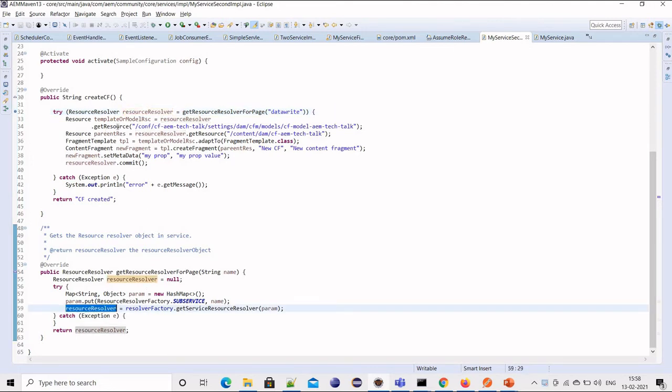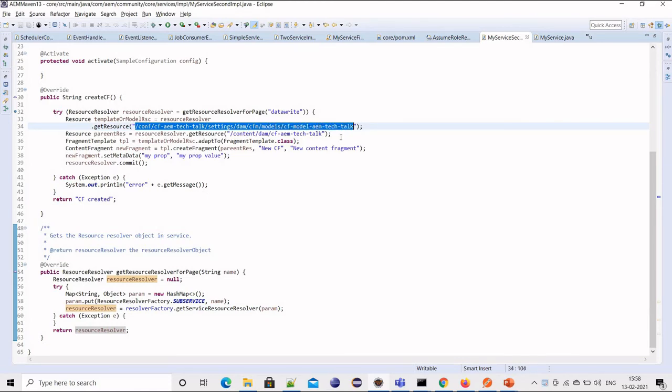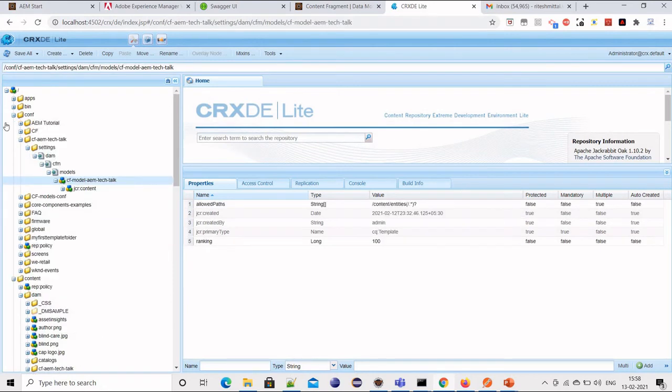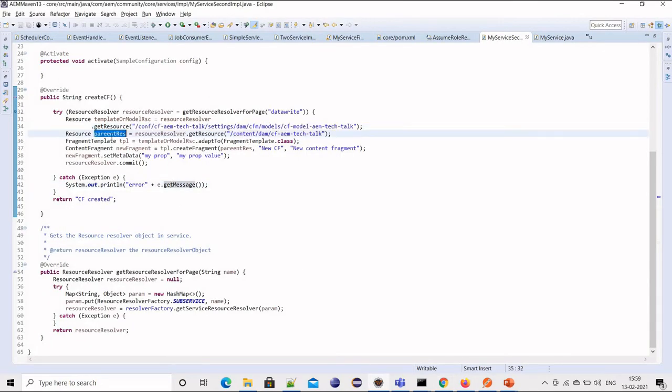Okay, and inside the try block, yes, this is the one we have created. So this is our model, and parent resource is nothing but where we want to create this new content fragment.